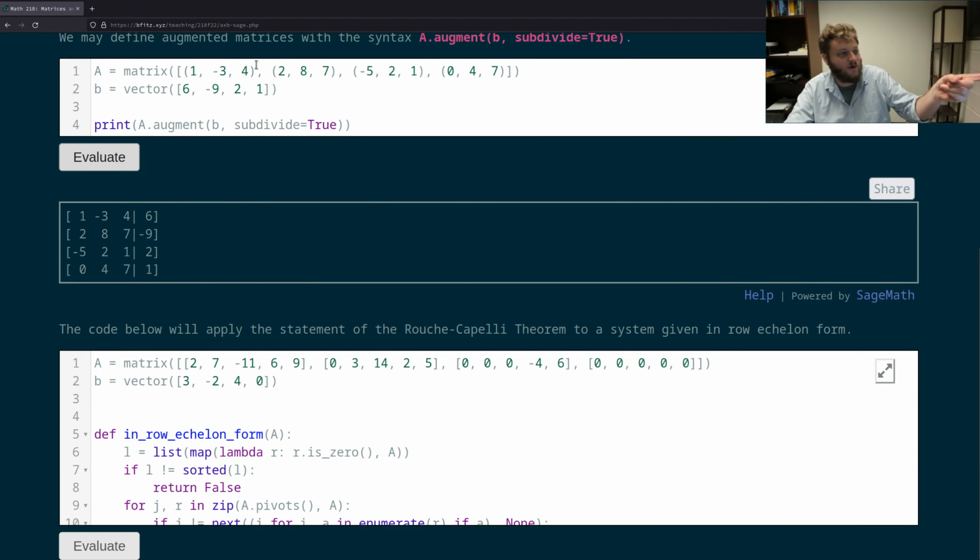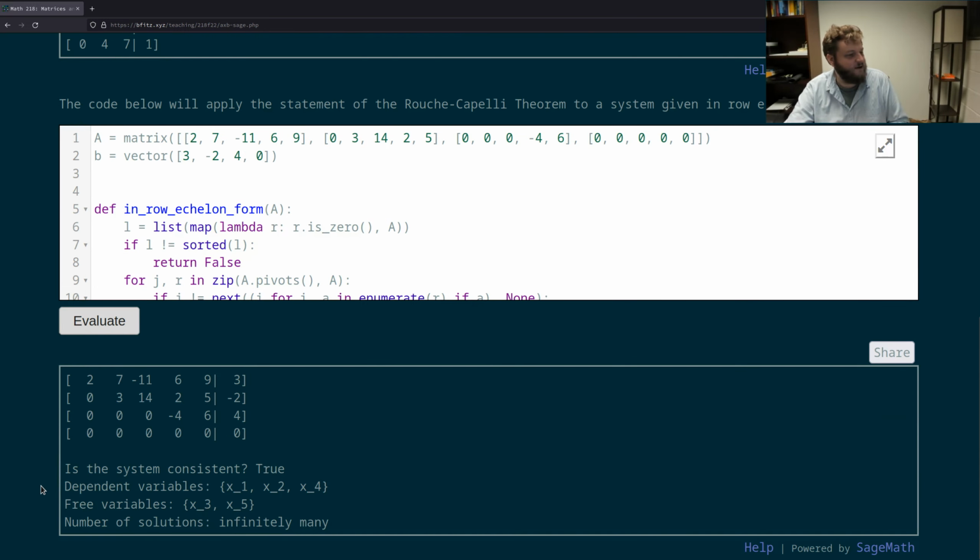So if you change around the numbers in both A and B, you can print out whatever augmented matrix you're interested in. And following that idea, I've written some code in the second calculator so that if you write down a system in augmented form where A is the coefficient matrix and B is the augmented column, the code down here will do what? If I click evaluate, it will analyze the system. So what it'll do is tell me whether or not the augmented matrix is in row echelon form. And if it is, it'll tell me whether or not the system is consistent. It will identify the dependent and free variables, and then it will tell me the number of